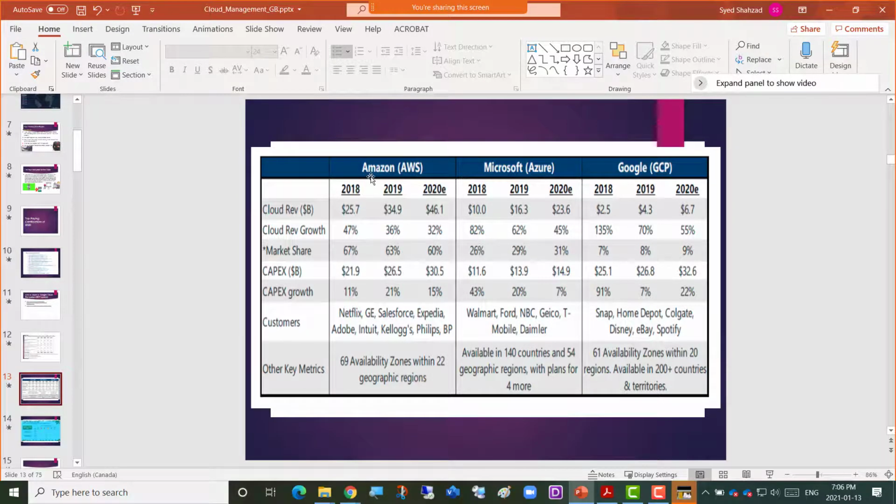So whatever we learn in Amazon Web Services, how virtual machines work, how storage works, how networking works, how databases work, those are the same concepts that its rival Microsoft also has, and its rival Google Cloud also has. If you need access to the Microsoft course as well, those who are interested can contact me. Hey, I want to go for Microsoft Azure after AWS. Remember that in our GTA, in the Greater Toronto Area, there are more jobs for Microsoft Azure here.